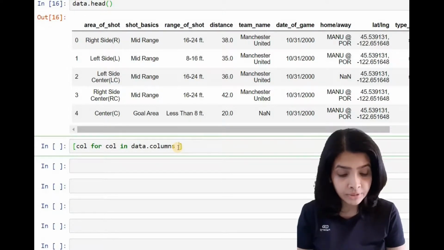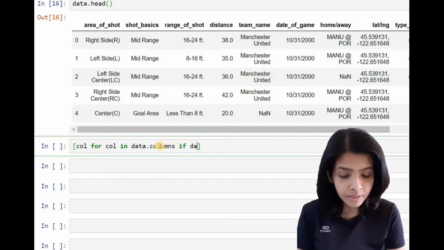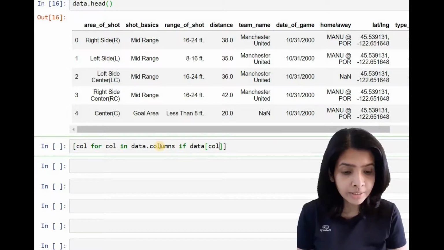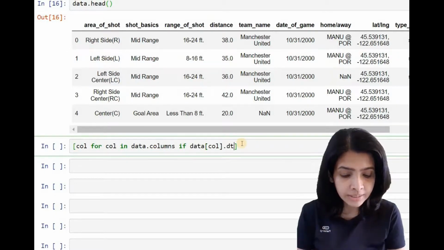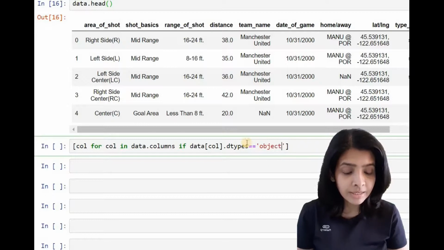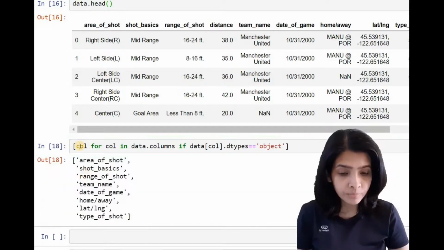Now we'll write the if statement. Within the if statement we'll write data within bracket col, that means I'm taking each of the columns one at a time, and say dot dtypes. And if the data type is equal to object, then those will be taken and stored in col.